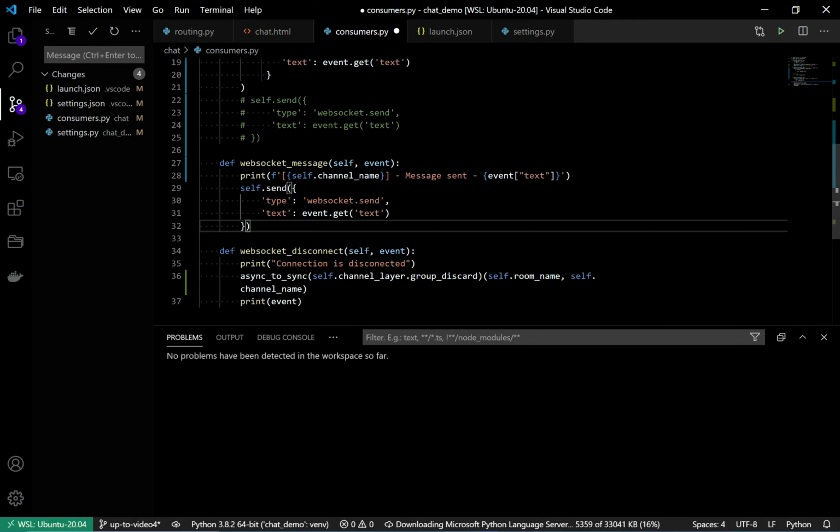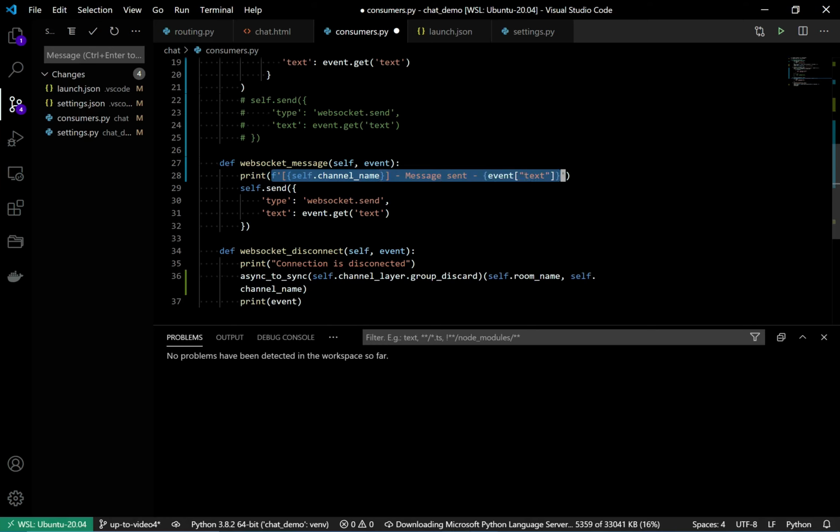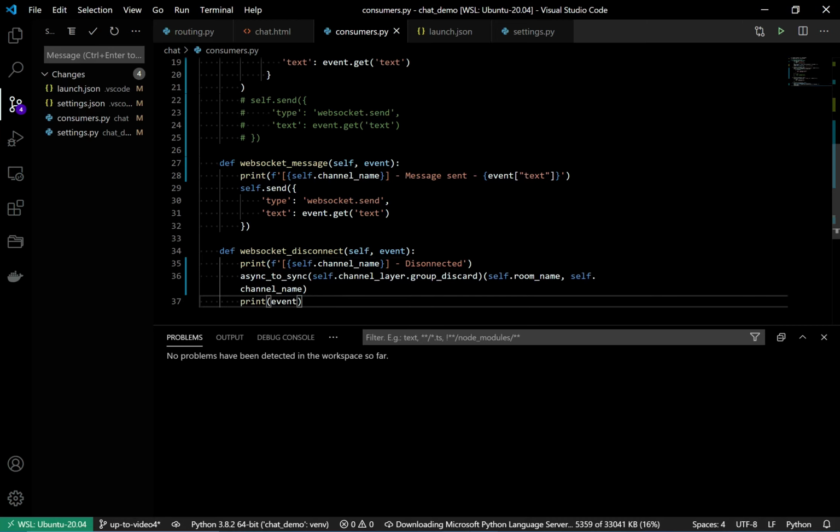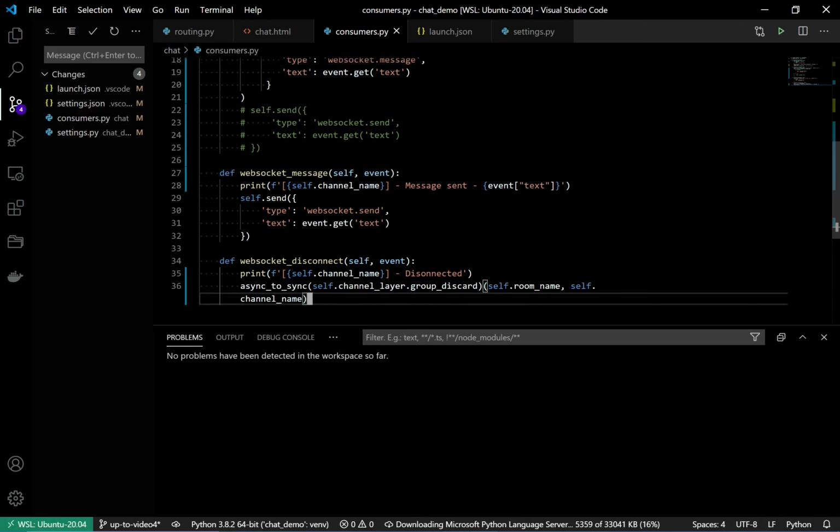Here also let's change this to disconnected. All right, yeah, that's pretty much it, I guess.